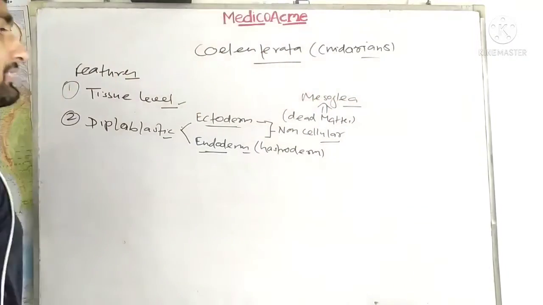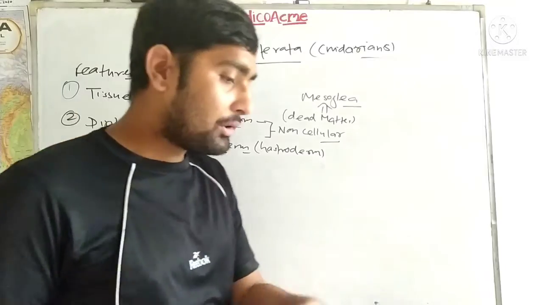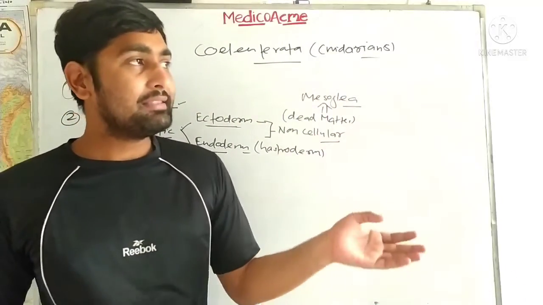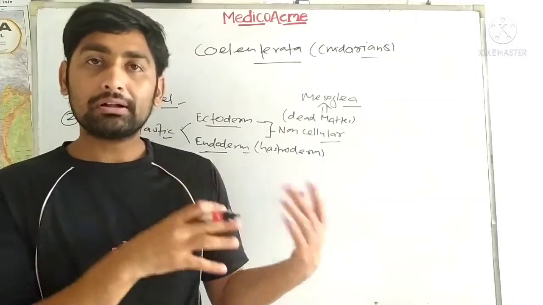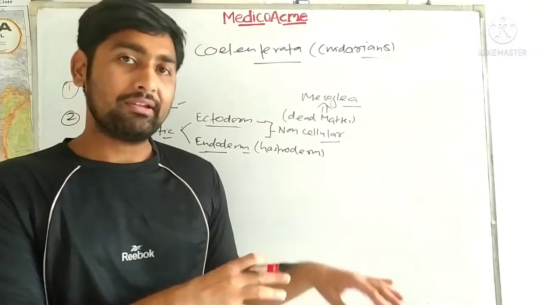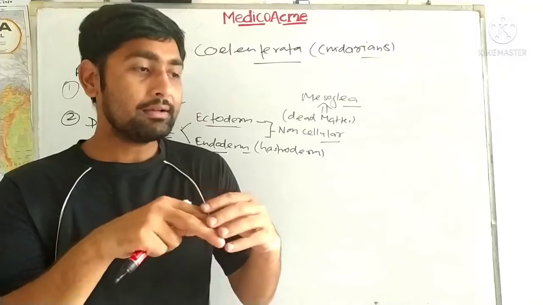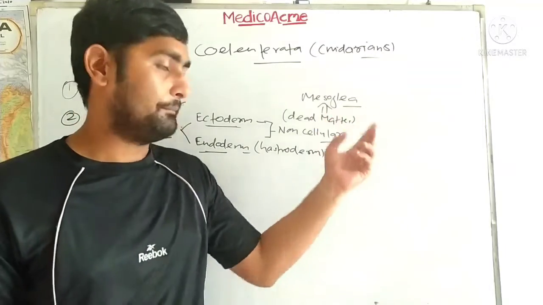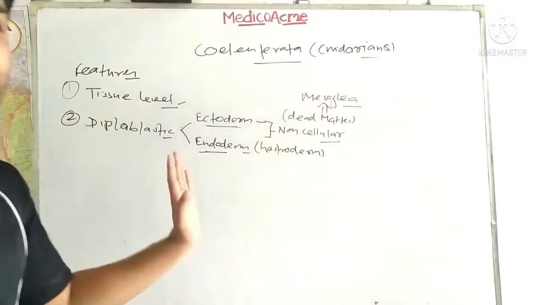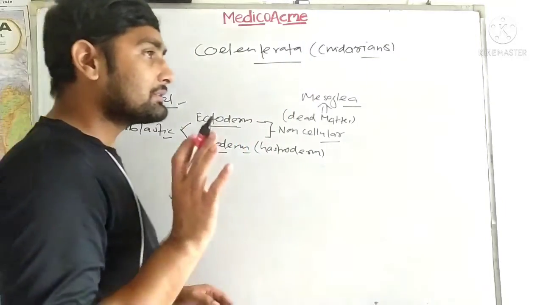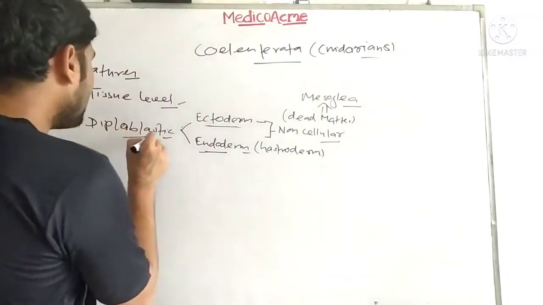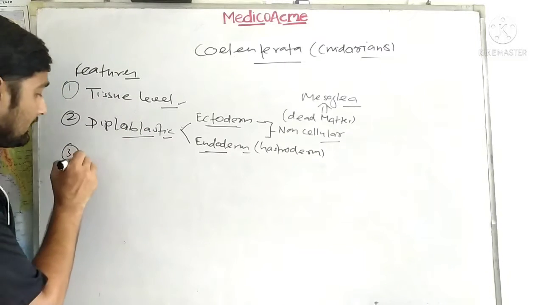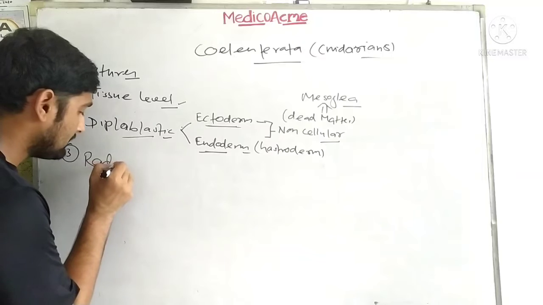The same as the mesenchyme we studied in sponges, here it is mesoglea. In the mesoglea there are some cells, but there is no appropriate tissue formation in the layer, or you can say there is a random distribution of the cells in the mesoglea. So the mesoglea is dead matter, it is not counted as a third layer. So there are two layers, a diploblastic organism. The third important thing here is that it has radial symmetry.